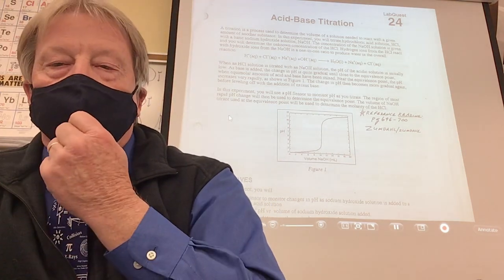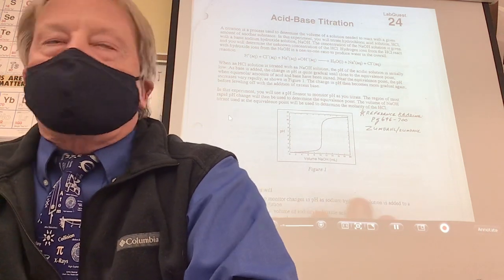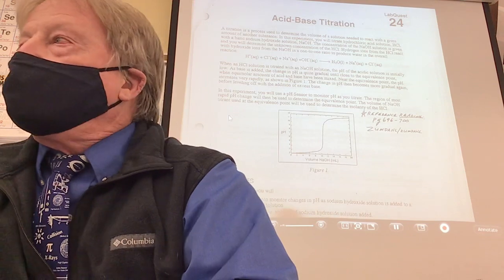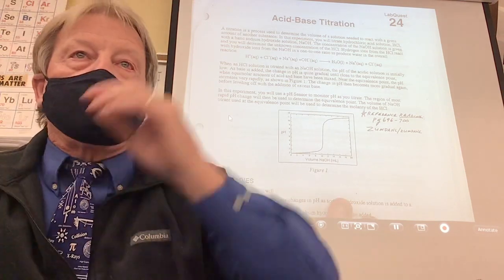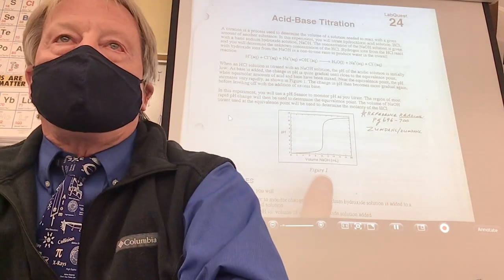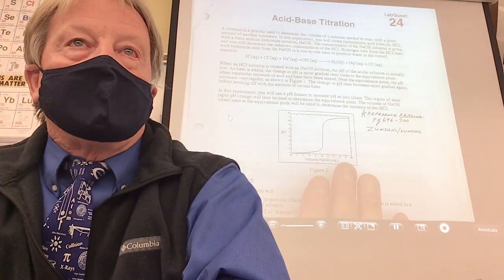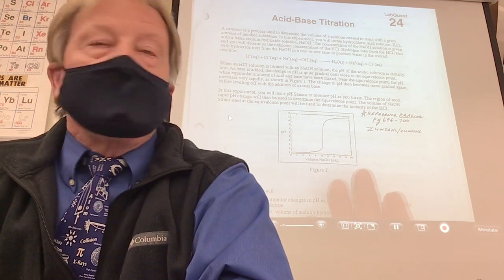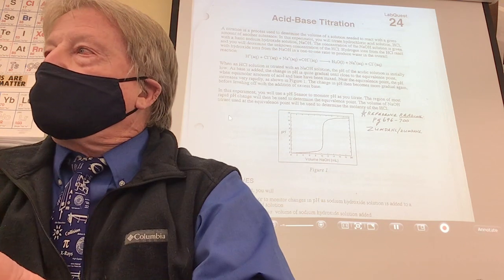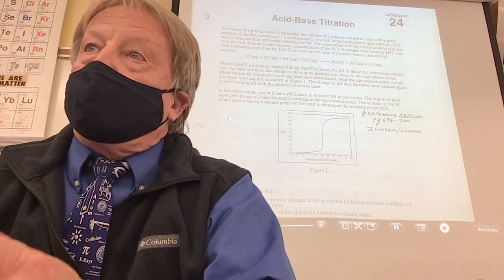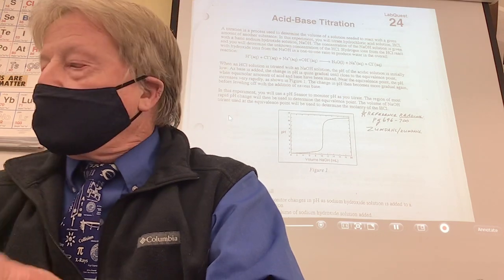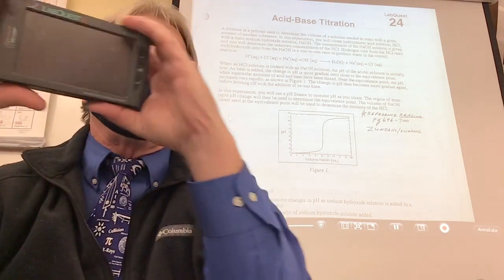All right, so here, we're starting phase 2 of this, and until about 10 years ago, I had never done this. Not in high school, not in college, and I only remember seeing this graph once in a college textbook, but it didn't mean very much to me because I'd never done it. You guys are going to be doing a titration with electronic sensing devices. So you're going to have a pH meter that is electronic. Everybody get that? What you'll do is it plugs into LabQuest.